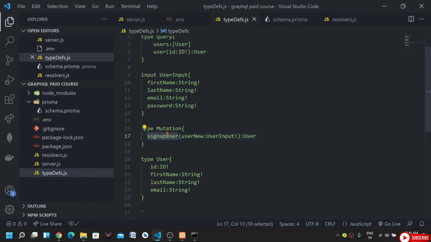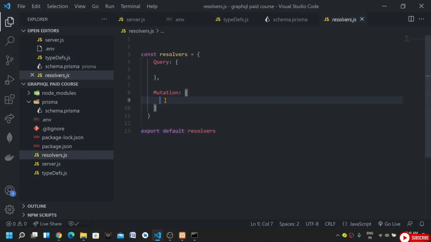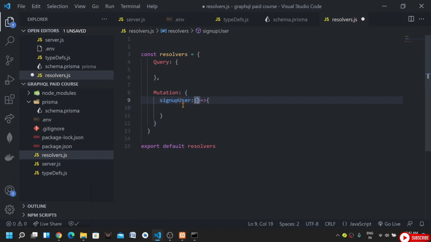Let me copy this name and go to my resolver file, and inside the Mutation I can add signUpUser. We have to resolve it. It will be a function, and in the function the first argument is parent, which is undefined, so here I'll add an underscore. The second argument is where we get all the arguments that we pass from the client. From that argument I can destructure the userNew object. This userNew object will have all the details of the user, for example email, first name, last name,